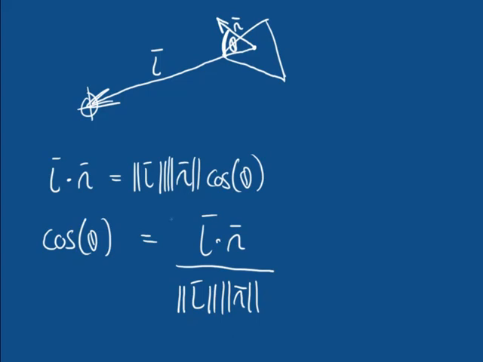So this equation right here, where we're working out the cosine of the angle between those two vectors, is actually the basis of the Lambert lighting model, which is used as the basis for diffuse lighting calculations in pretty much every renderer everywhere. That's actually pretty cool, but I'm getting a little bit out of what I was trying to talk about. We have this equation, and we're going to be evaluating it hundreds of thousands